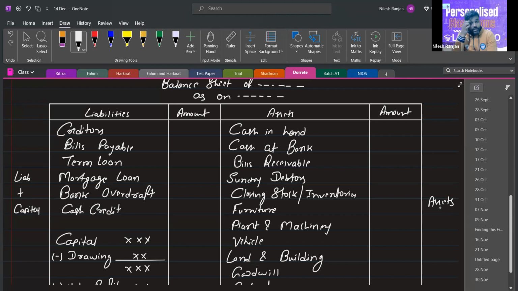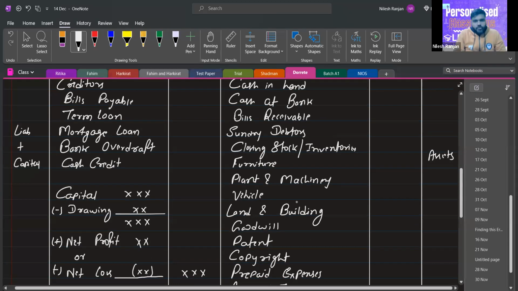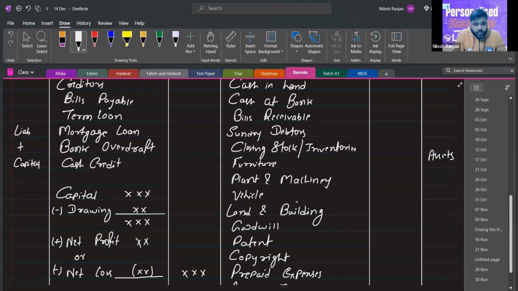Do you have any doubt in this format or the concept of balance sheet? No, sir. Everything is clear. Actually, I will explain the items that are written here. I will go in a quick revision type way, but if you have any problem with any item, then you can ask the question. Okay, so the first item is creditors,